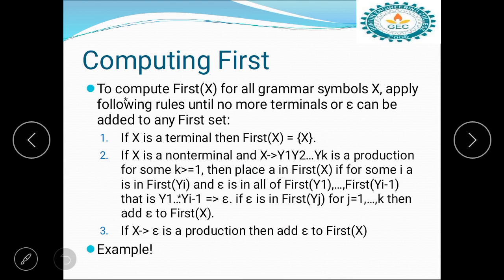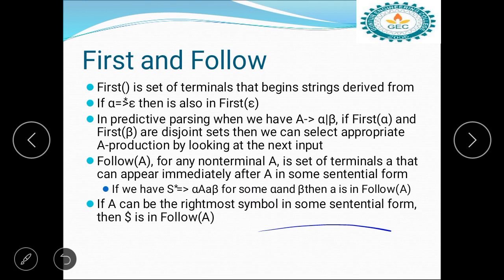So first and follow: how to find the first and how to calculate the follow. First, here calculating the first, I will take one small example. A tends to BA or c.